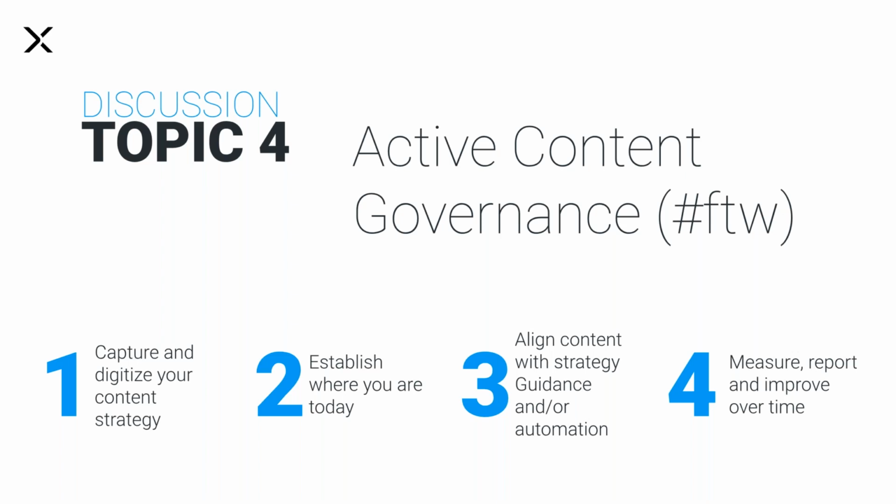But let's say it's something like search terms, that we want this stuff to be discoverable on our blog. So we're going to apply some SEO rules to make sure that when this stuff's created, people are thinking about the terms in the way their buyers do. These are just examples of capturing strategy in a way that makes it measurable and that you can operationalize it. You just used that word, Andrew, and I really like that as the definition of active content governance as well, which is a way to operationalize your content strategy. So you've got a strategy, now like push it down to the ground or make it work,